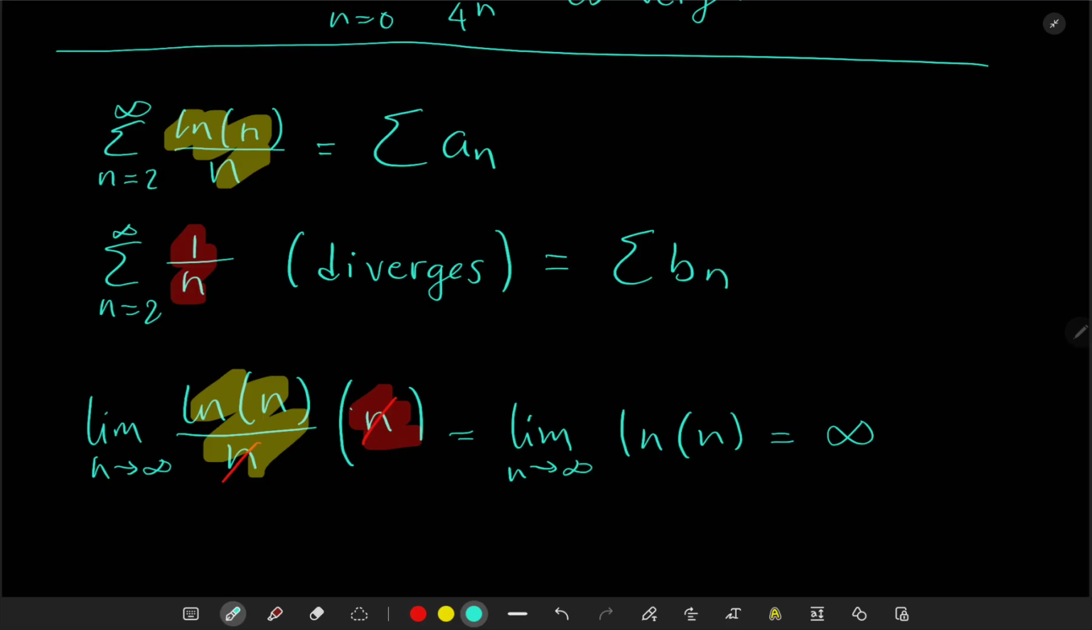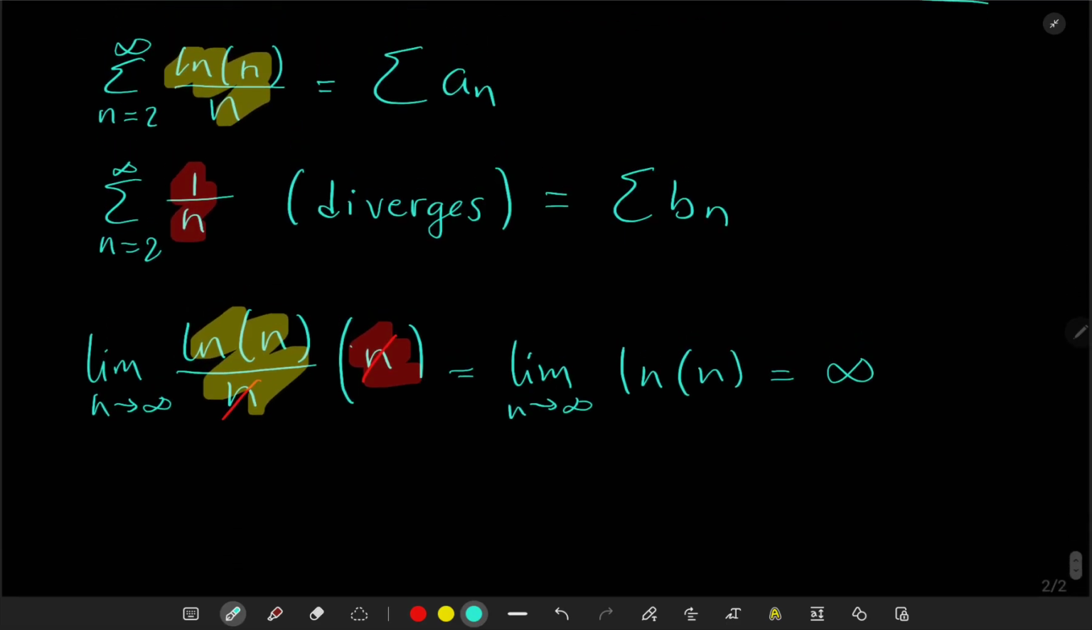If you go back, the statement said that if the limit is infinity and the sum of the b_n's diverges, then the sum of the a_n's also diverges. Some books will tell you that if you got infinity, you cannot do anything, but you just have to be a little bit more careful and know what you really are doing. What the limit is telling you is that natural log of n over n is growing faster, or is decreasing much slower, than 1 over n. So if this one diverges, this one will diverge as well. So by the limit comparison test,